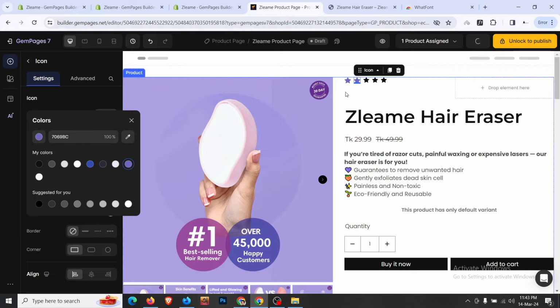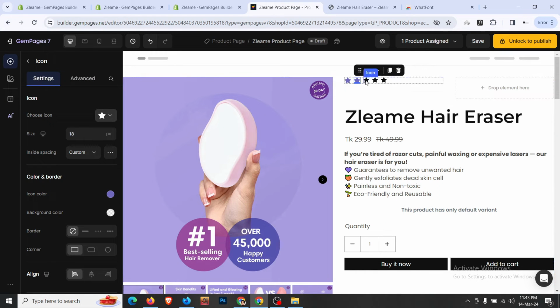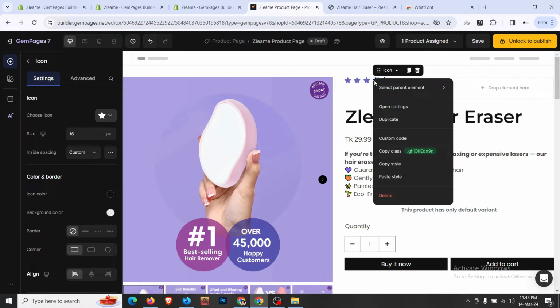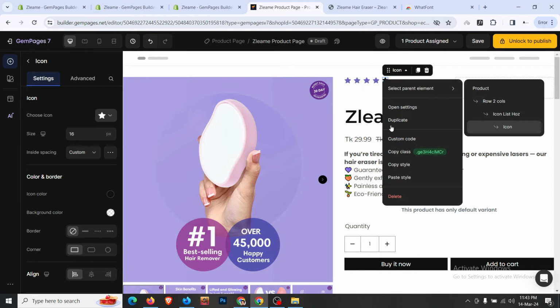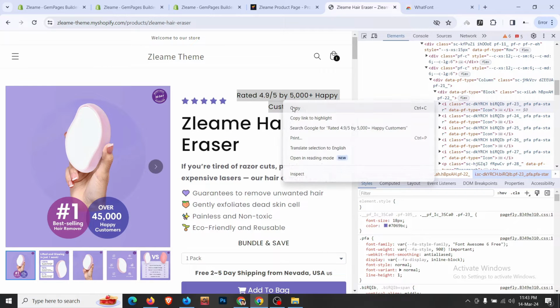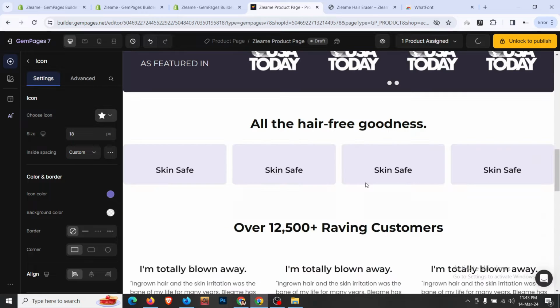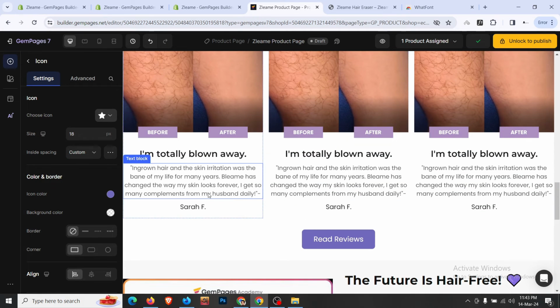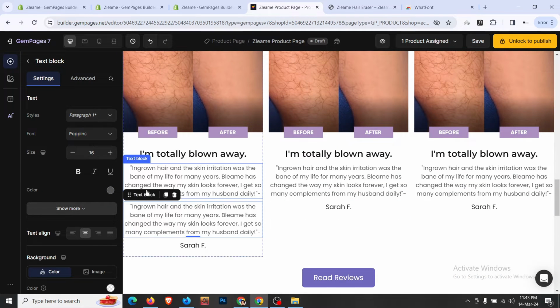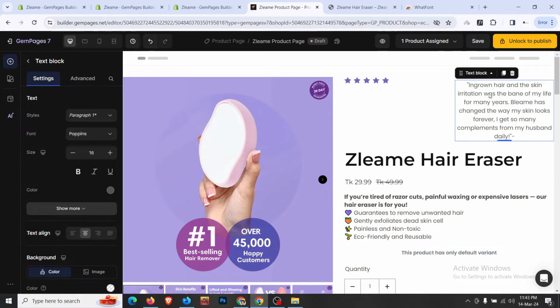So this one. So then just click, right click, copy style, right click, paste style, right click, paste style, right click, paste style. Okay, so now we have the design is ready. Now we have some customer reviews or testimonial, whatever we can say. So this paragraph is quite similar to what we have used here. So I'll drag one of the text block from here to this row, and then just copy it, and then